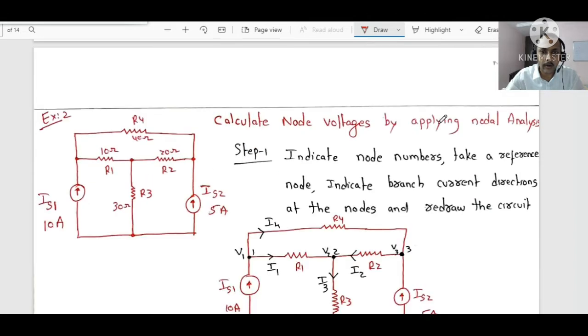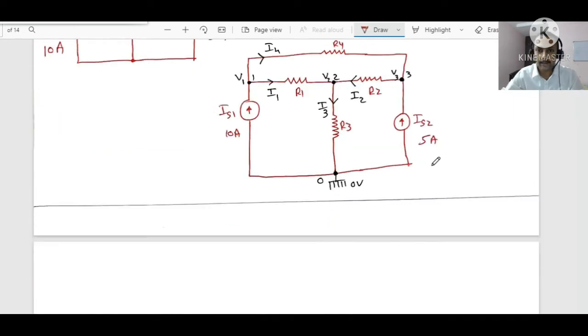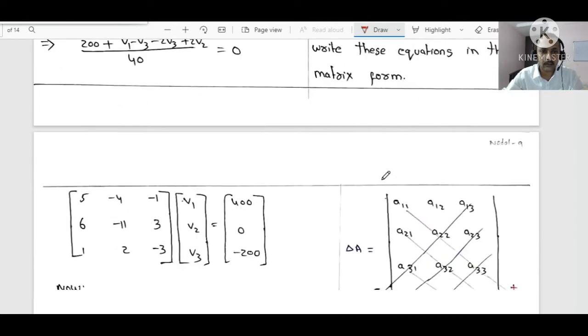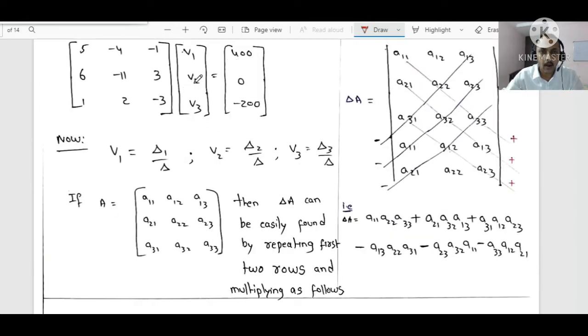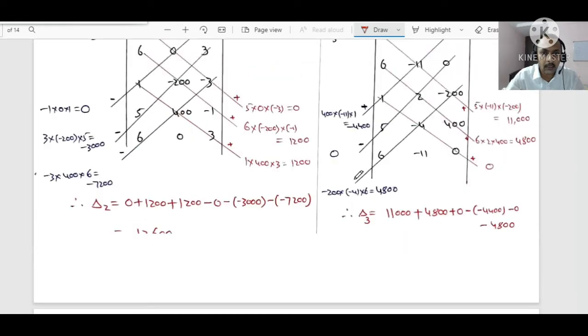And this is one more example. The level of difficulty is increased, right? Here we have three nodes. In this context we will get three unknowns, and the size of the matrix will be 3 by 3 like this. Slowly we will go into the 3 by 3 matrix, and how to find these unknowns v1, v2 and v3 using this matrix determinant, by finding the determinant of the matrix. And also we will complete this example step by step,